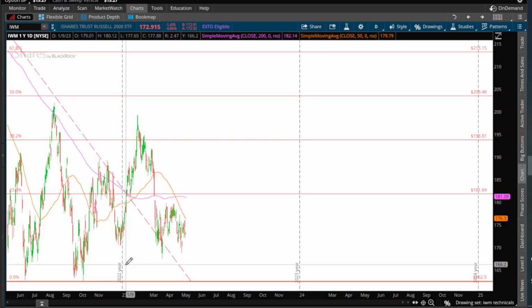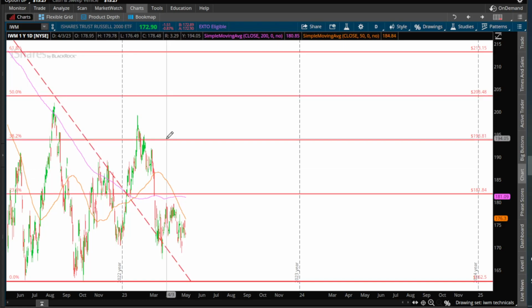So, you know, obviously right now, IWM doesn't look too hot. You can also see that we have that death cross right there. And, okay, well, what happens if we get above this level? Well, the next fib level above that is going to be the 50% retracement level at 203.48. So hope you guys enjoyed this video, and if you don't have it written down, definitely do write these numbers down